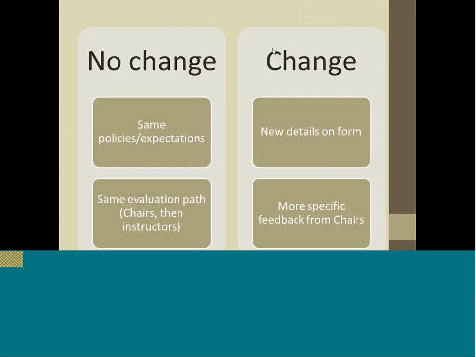And so the new, what's called TE form that is being piloted this semester contains these other categories beyond just discussion performance.